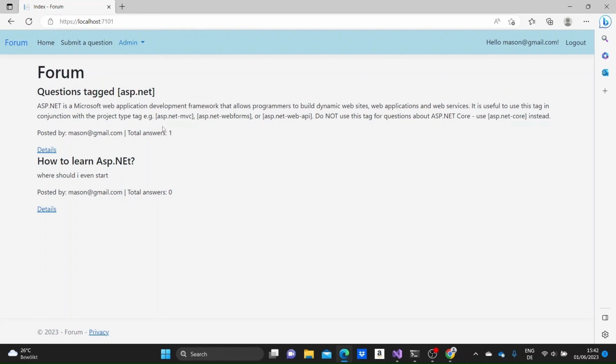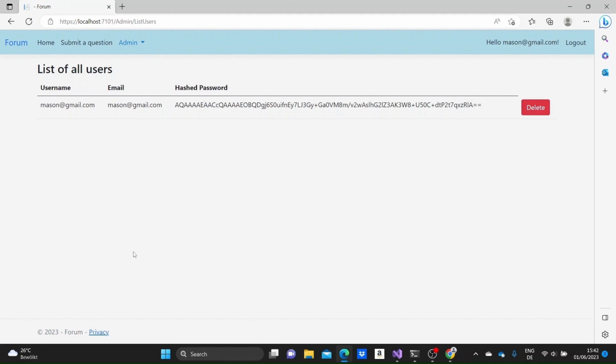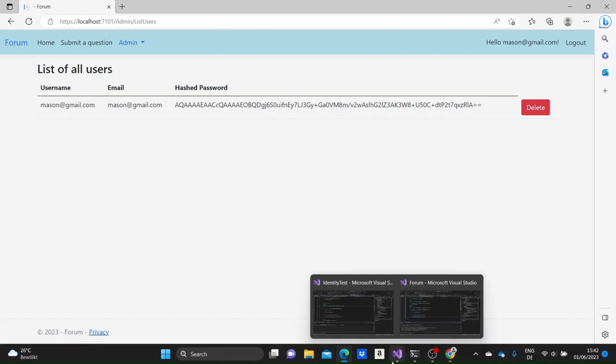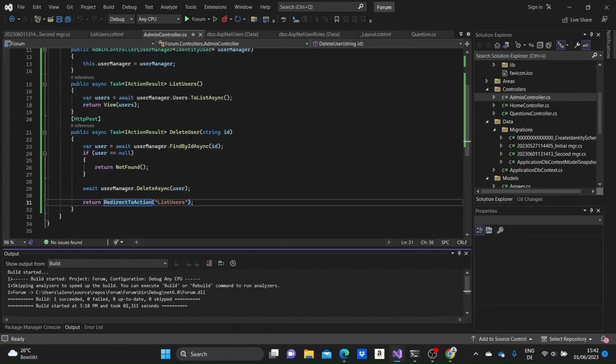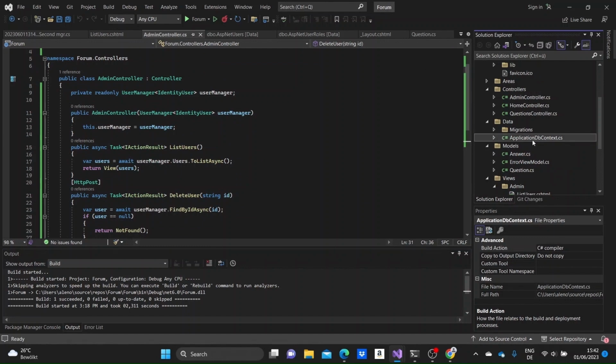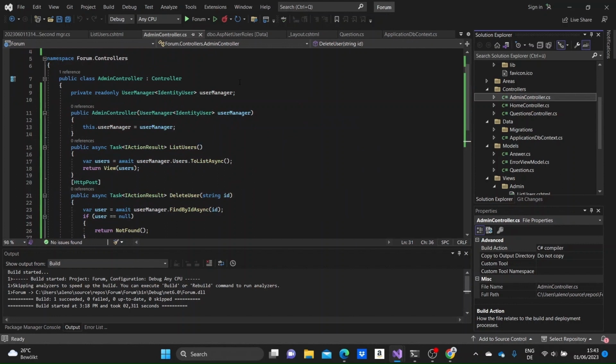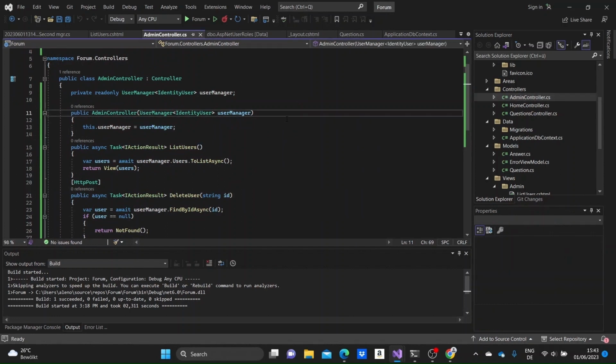So the user was deleted, and we also see that its posts, its questions, and the comments of the user were also deleted. We can see we only have the Mason now. And what we can do now is we can just do pretty much the same thing with the questions of the application. So I'm just gonna need to, in the constructor of the controller, I'm gonna need to have also